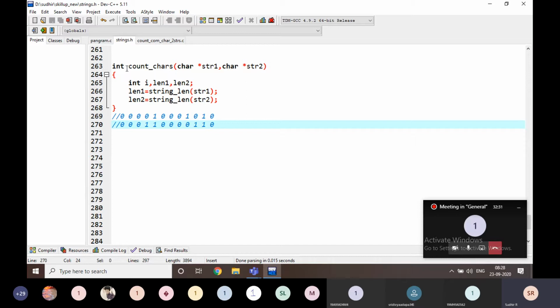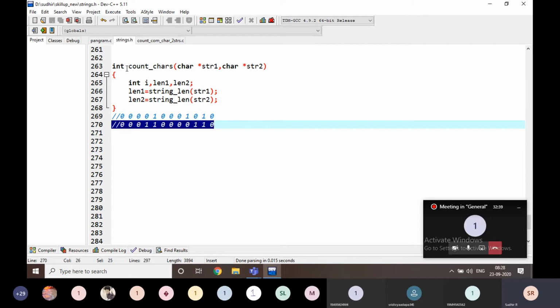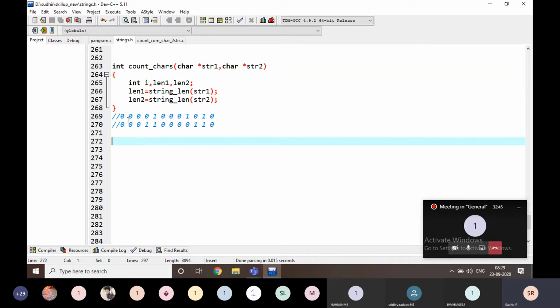I am going to check based on the characters and manipulate that array. We already discussed the last two programs; we are discussing this type of programs only. Now I am going to check each and every character in these two arrays. 0 is equal to 0? No, I am not counting if it is 0. Both are equal, but I am not considering zeros. If it is 1, then only I check whether B is also 1, then I am going to count it.